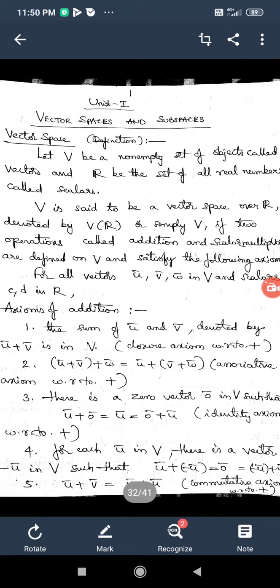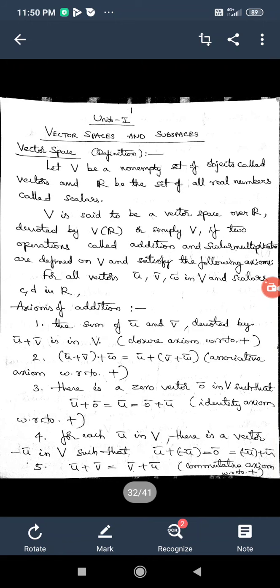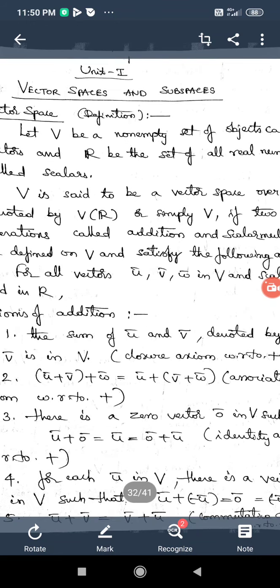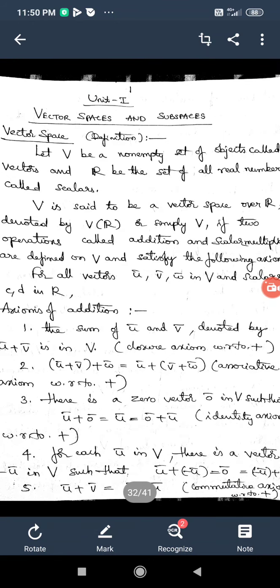If V is a non-empty set of objects called vectors and R is a set of all real numbers called scalars, that means we are taking two sets. One set V, capital V, which is a non-empty set consisting of all vectors, and R is another set which consists of real numbers and which we call scalars. Then V is said to be a vector space over that R, and it is denoted by V over R